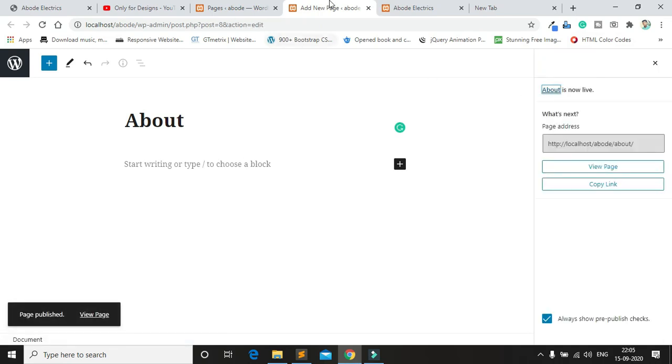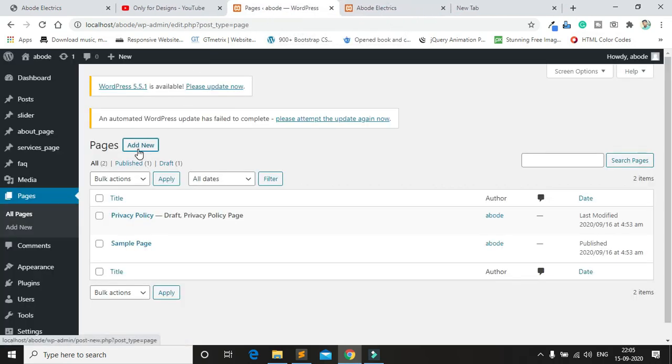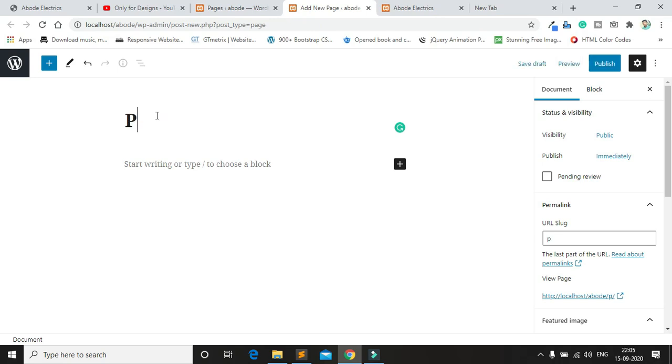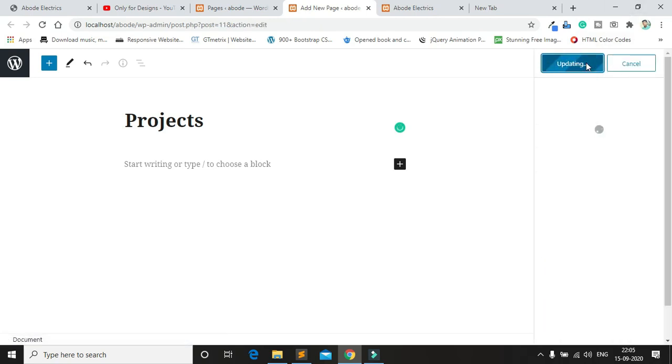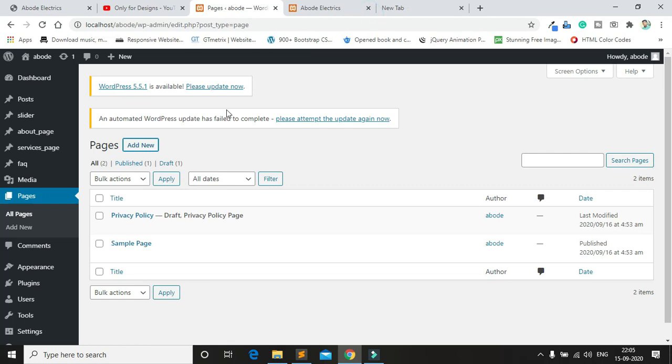Okay, then add new, projects, then select the projects template.